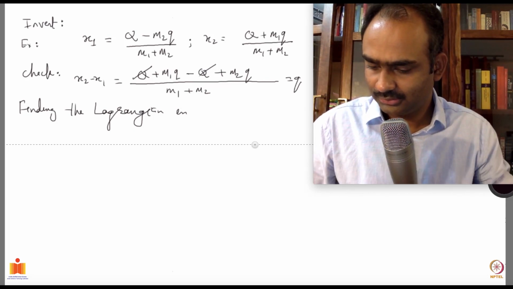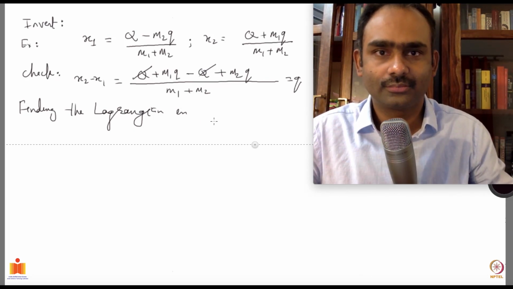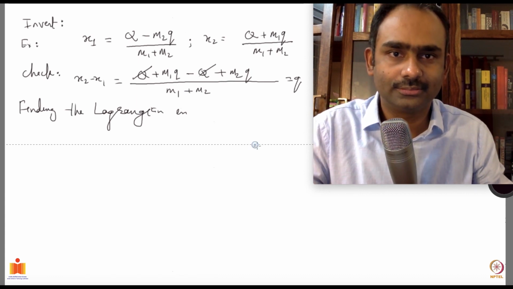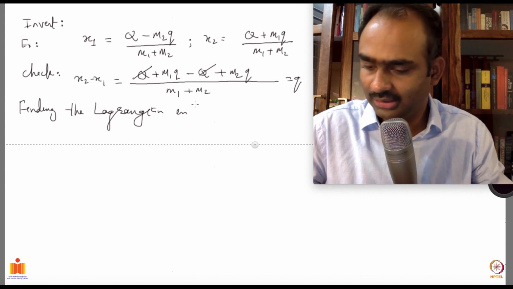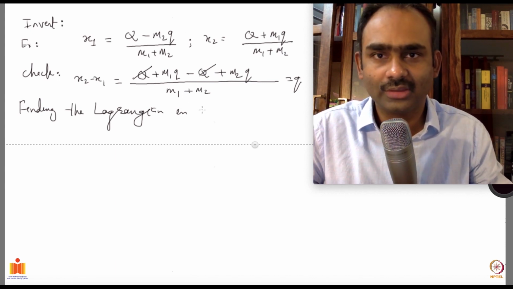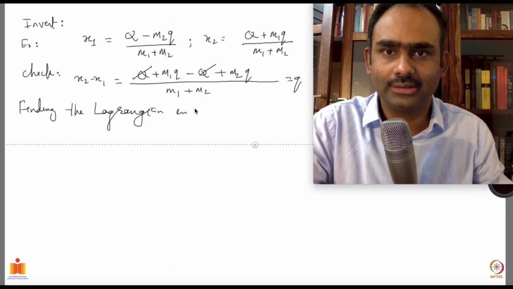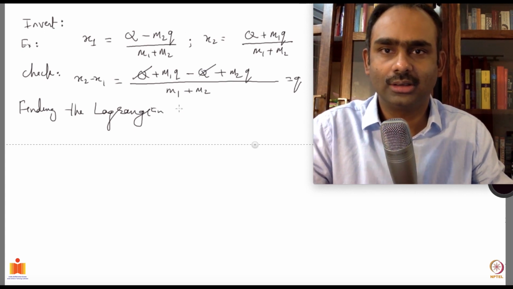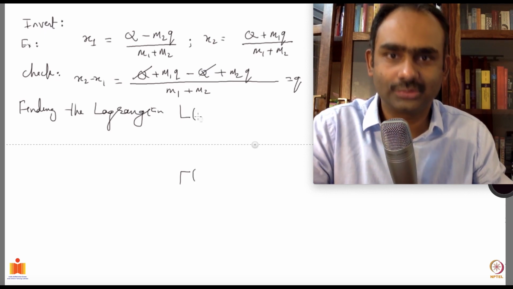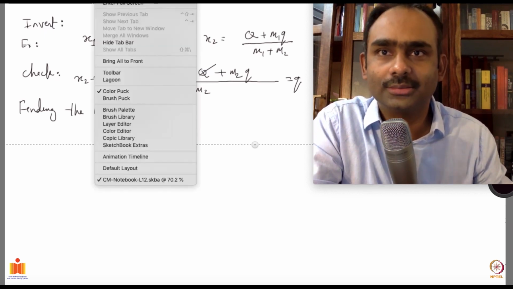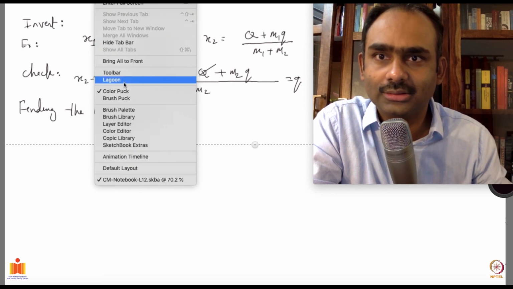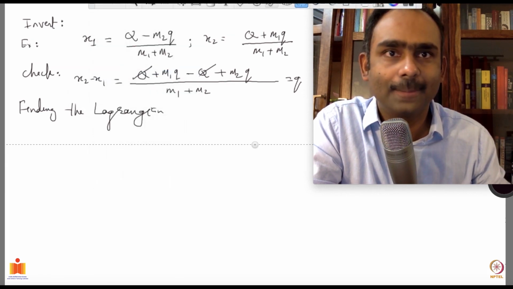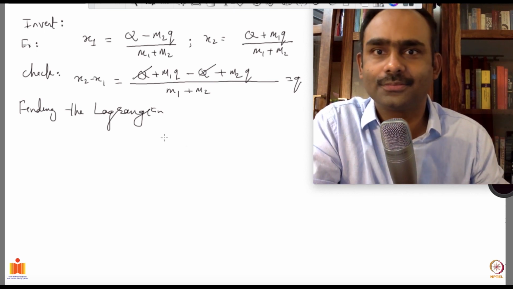Okay, there is some problem finding the Lagrangian L. Oops. Okay, so something is wrong. Okay, I think I know. Let's go to toolbar and now it's fine.